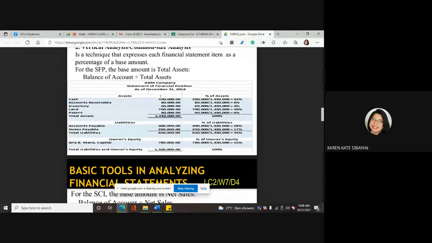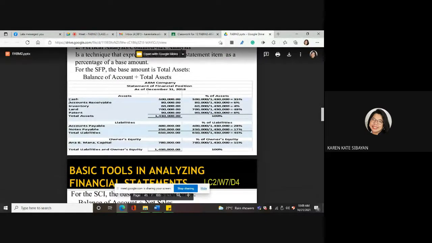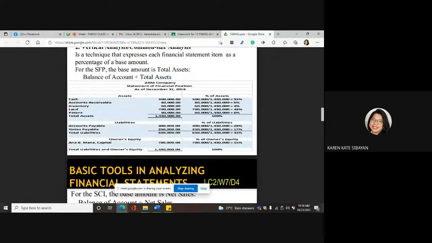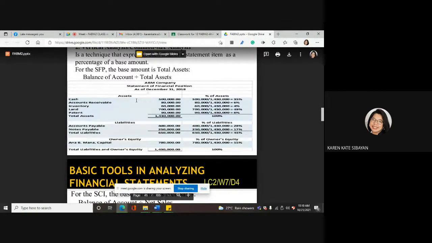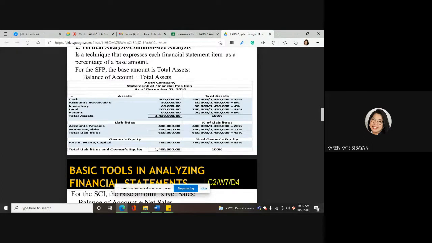percentage. Okay? So for example, how did you do that? Balance of account. Meaning to say, what is the balance of cash? 500,000. So 500,000 divided by the total assets, which is 1,430,000, times 100, because we're computing a percentage, right? 35%. Next is 80,000, 6%. So if you're going to analyze it, based on the